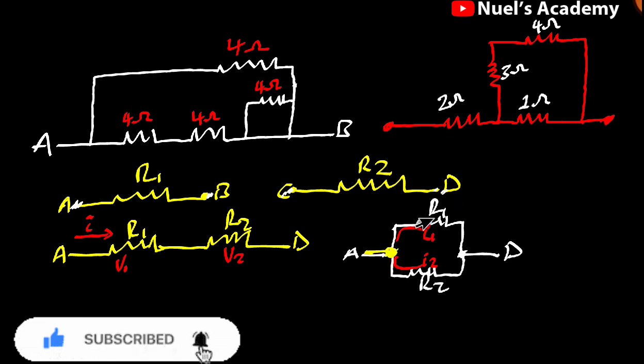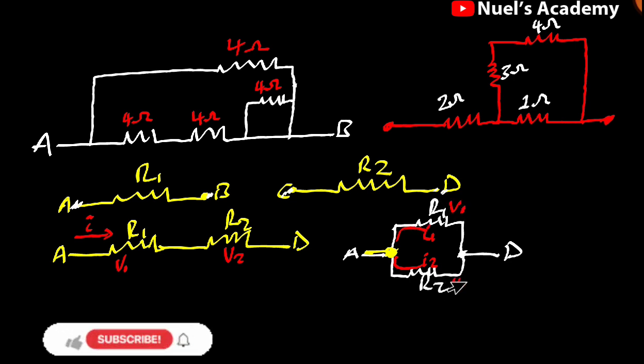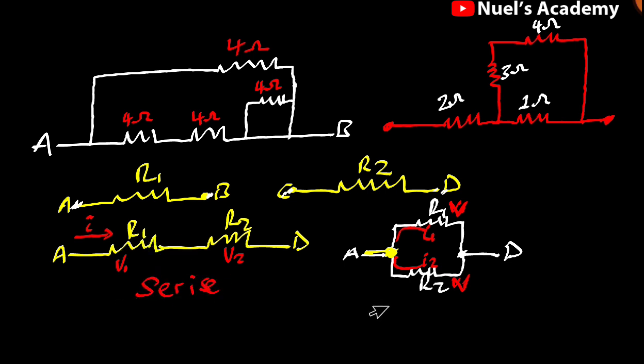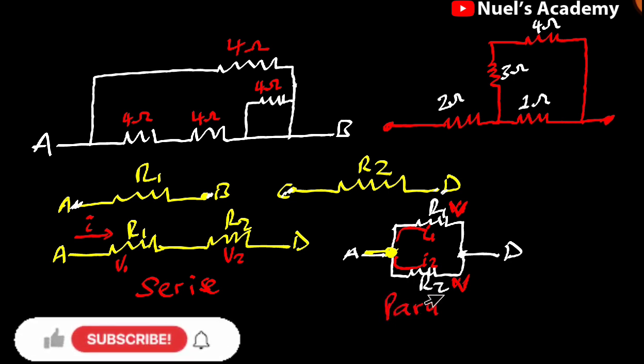So if here is V1, then here is also V1. In fact, let me just name it as V. So the same voltage passes through them, but then different currents. So just opposite of what we have in the series connection. So here is series arrangement, and then here is parallel arrangement. Now, the next thing we should know here is how to calculate the equivalent resistance when they are connected